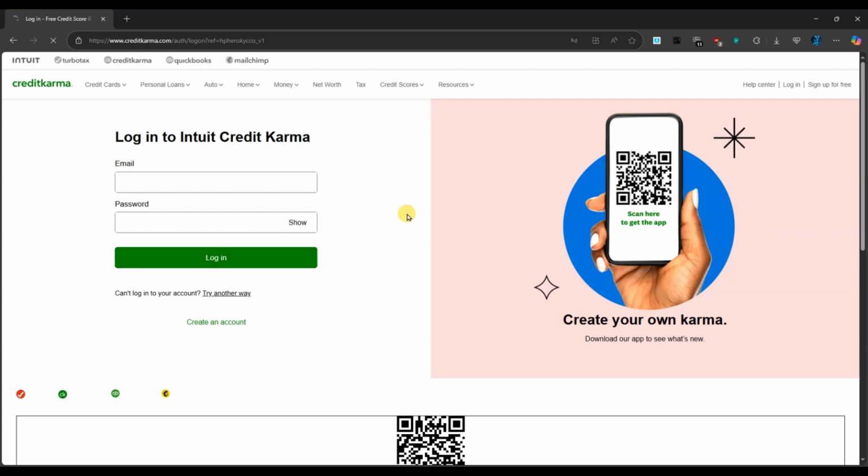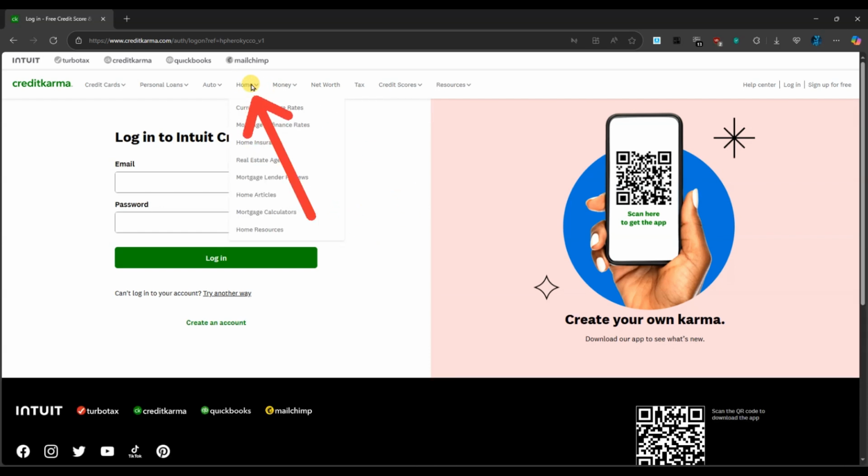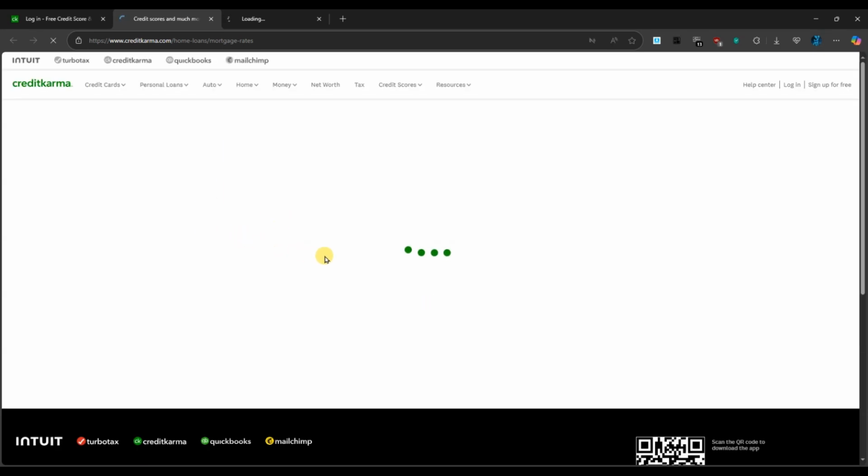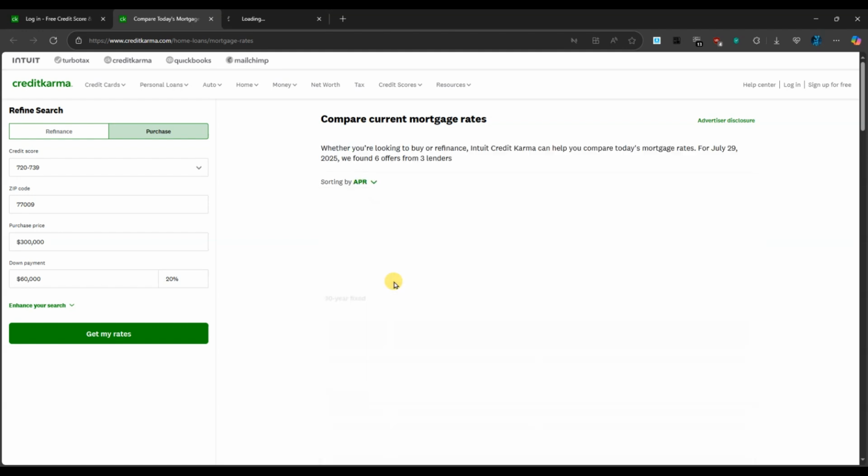Once you are on the dashboard, click the Home tab in the top menu. Under the Home tab, select Current Mortgage Rates or Mortgage Refinance Rates to explore up-to-date loan rate estimates. Here you will see a list of mortgage offers with estimated interest rates, monthly payments, and loan terms based on